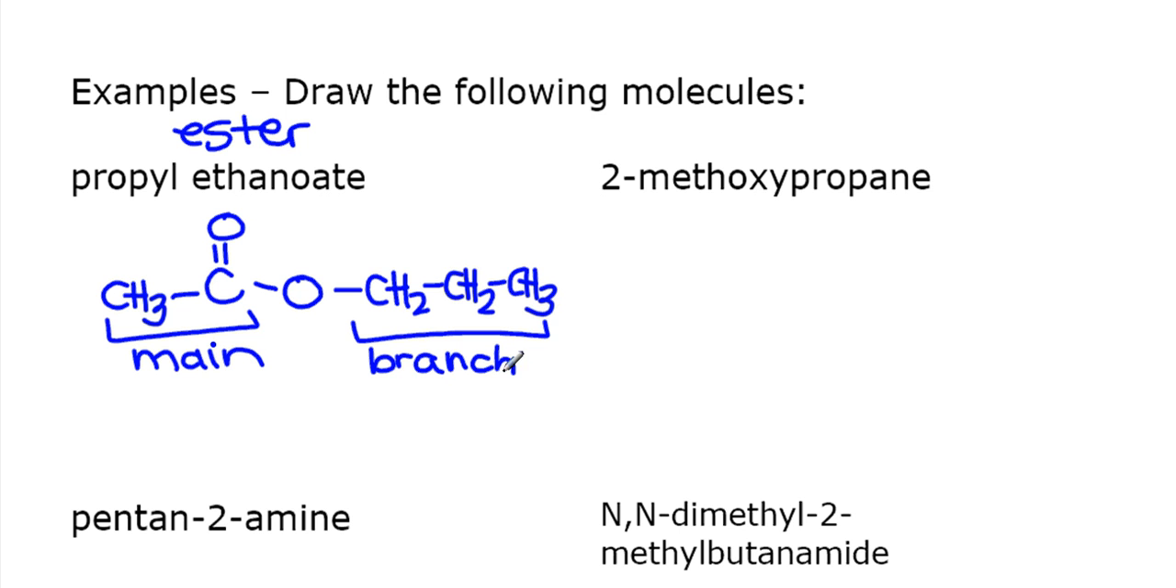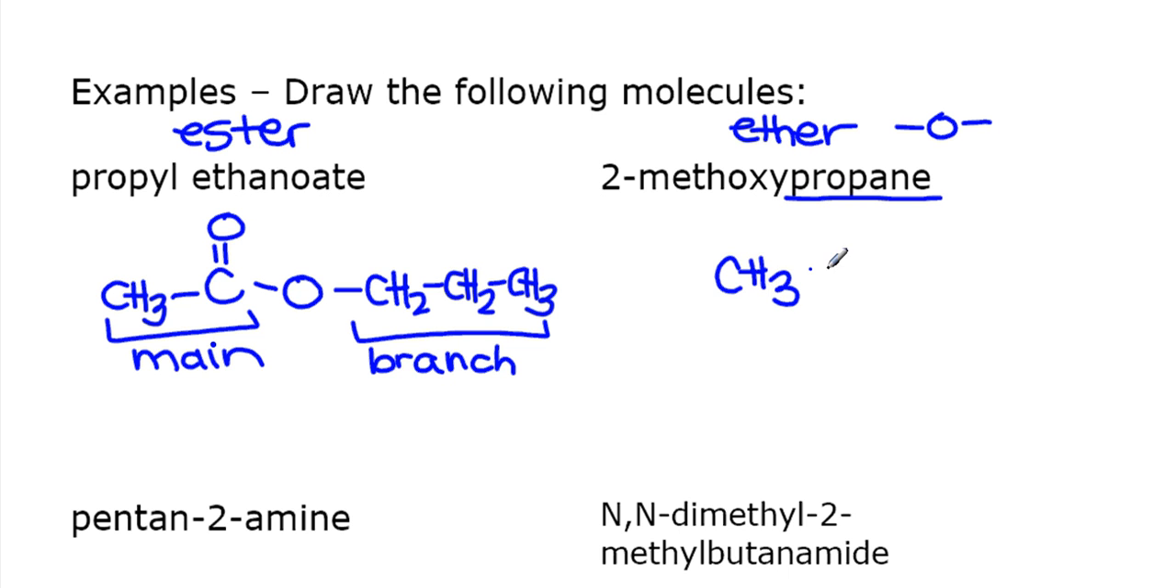Next, 2-methoxypropane. If you see that oxy in the name, then you have to think this is an ether. Ether means oxygen with carbons bonded to it. With ethers, usually what I like to do first is draw the base chain, so the propane chain. I can see that there's something attached at number 2 on my propane chain. So